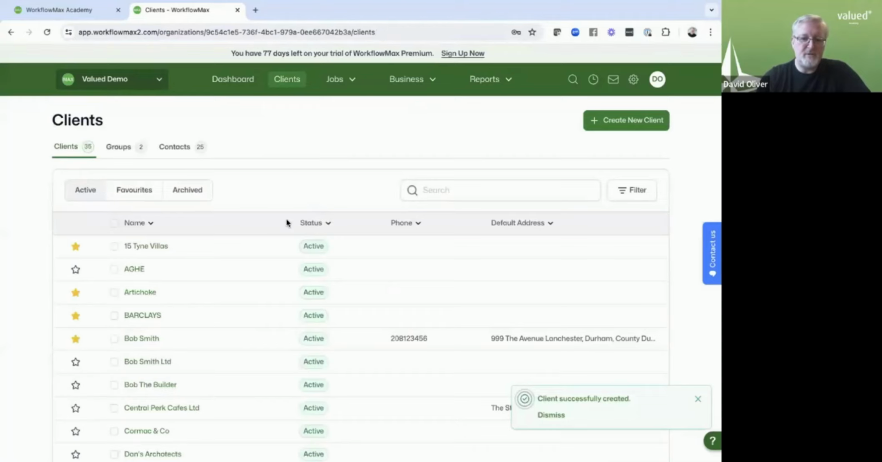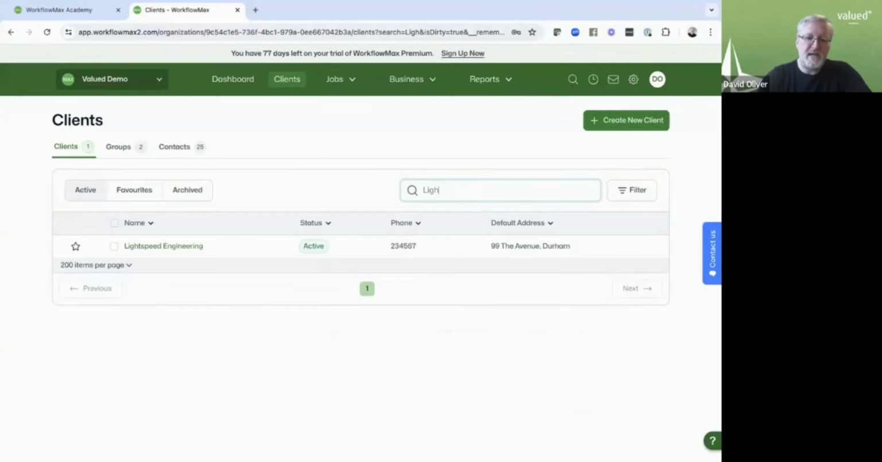So here we go. It's brought us back to our client list. If I now search, I can easily search for Lightspeed. And as soon as I've put in at least 3 characters into my search, it will find it for me. And there is Lightspeed Engineering. So we see the details that we've got there already. If I was to click into the client record,